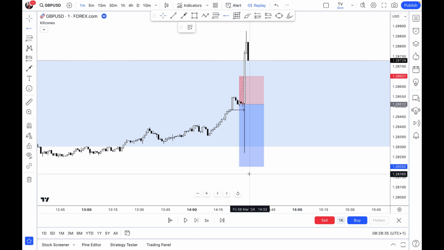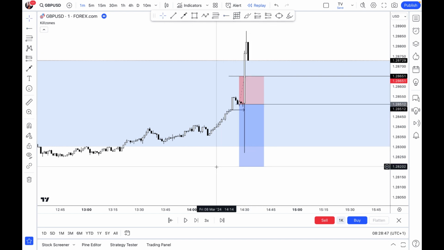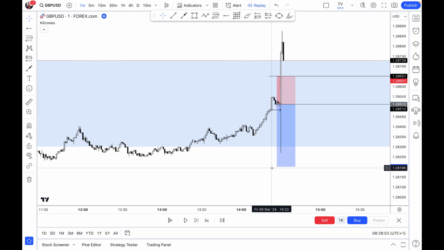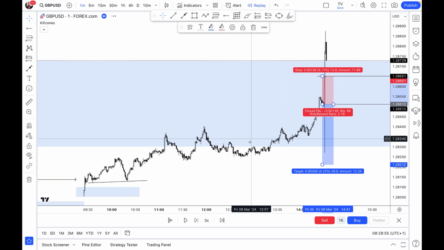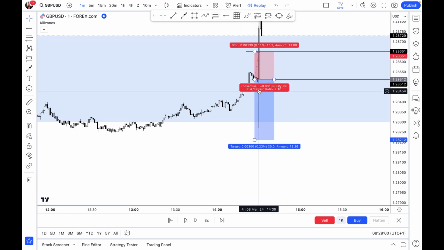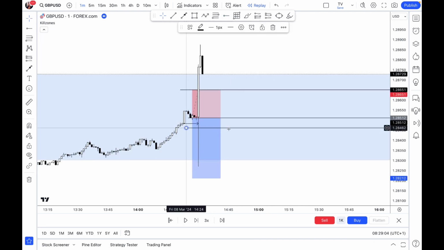I did not get a confirmation entry for a sell, and I just got into the sell. So this was my stop loss right there, and this was my entry for the sell trade. As you can see, the market came all the way down, and I was in massive profits on my account. But at some point, I saw that the market was reversing. What did I do? I decided to manually close when the market was pushing back up.